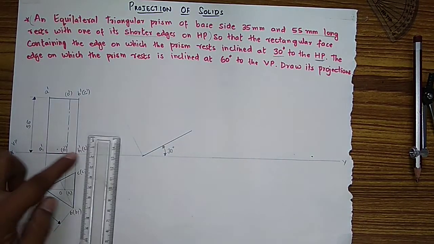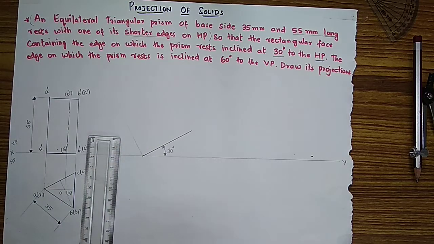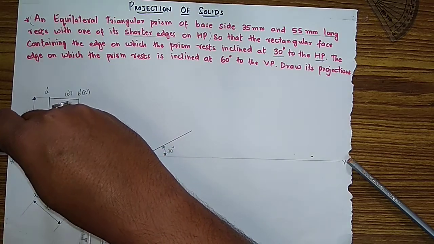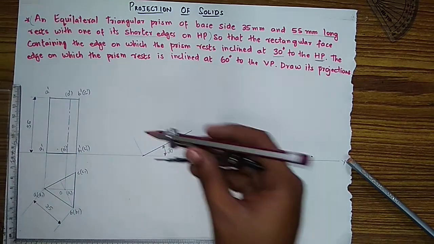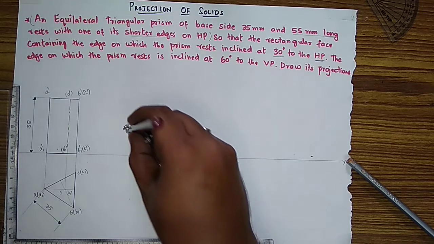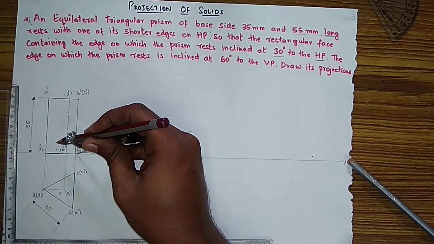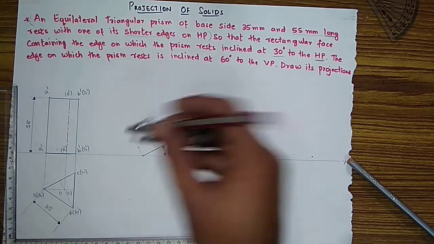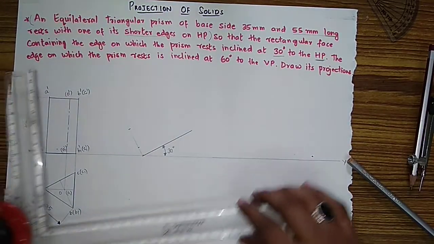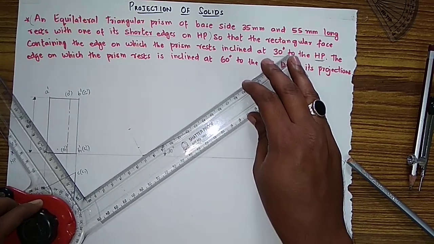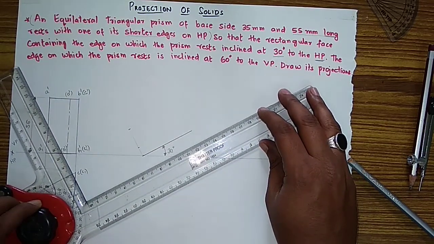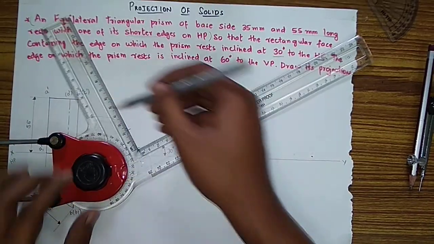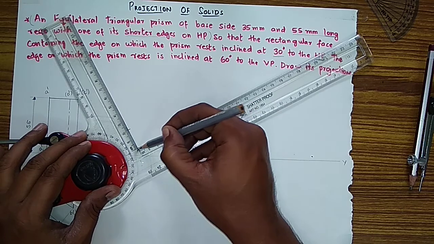The remaining lines you have to copy. With the help of your divider you can copy. I am copying this line from here to here. I have copied it and am keeping it from there to here. Then the remaining one line, the O point, I am copying. Then with the angle of 30 degrees only, how much is the line? The 55 mm axis line. This 55 mm axis line I am drawing.